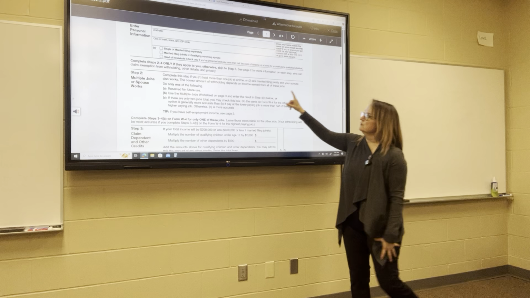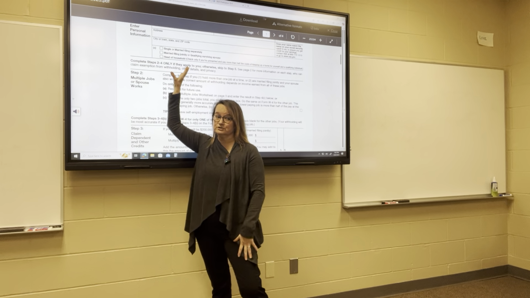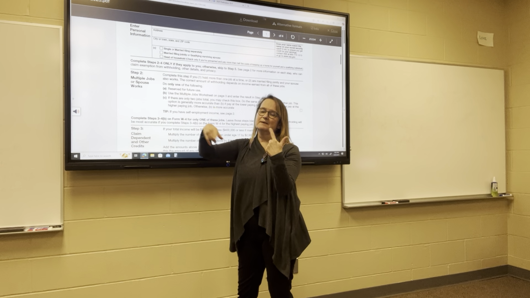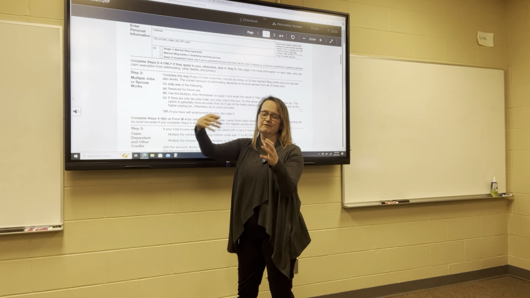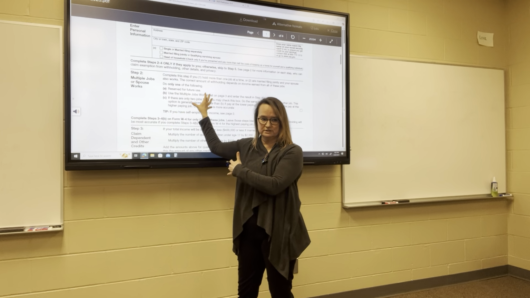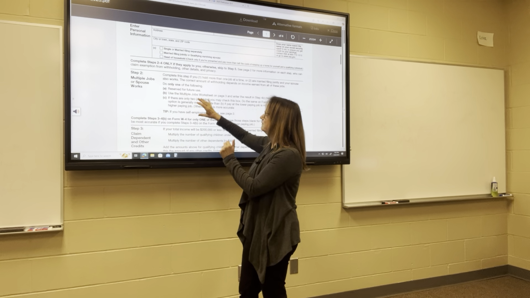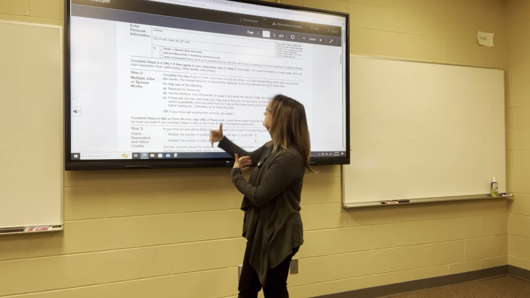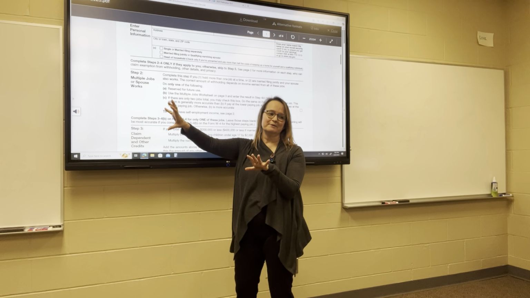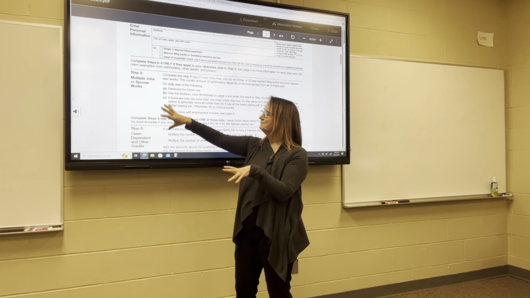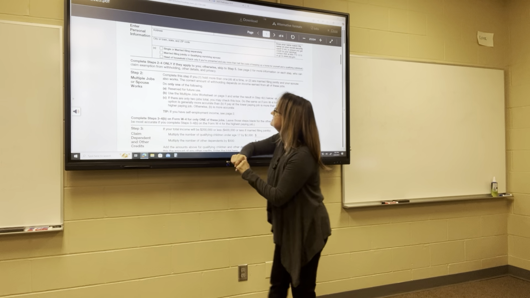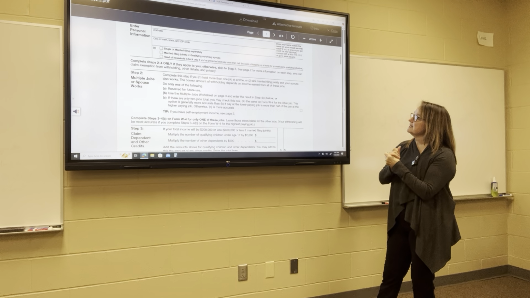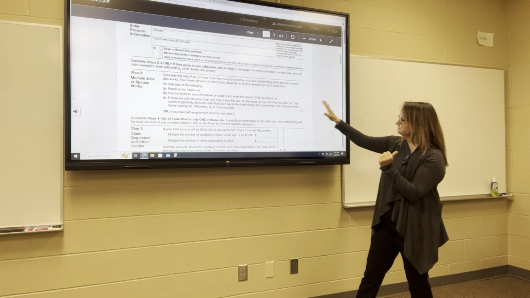Now, you can see here, complete steps, and all the instructions are right here. There's also a second page of instructions as well, and some supplemental worksheets. Oftentimes people don't use those. They'll just use this first page. But the step-by-step instructions are on this form. It's just a matter of reading them, which a lot of people tend to skip over. So this next one, complete steps 2 through 4, only if they apply to you. Otherwise, you can skip to step 5. All right, so